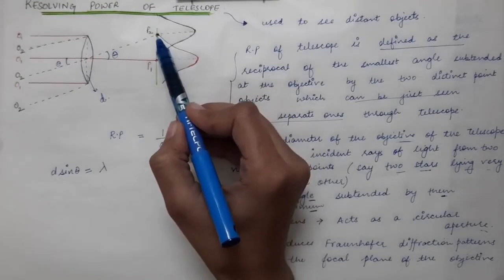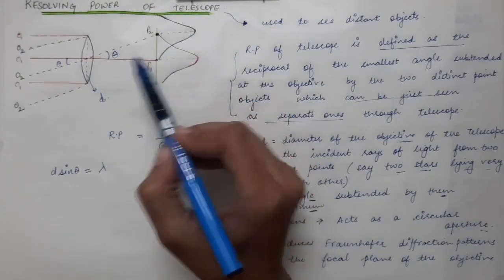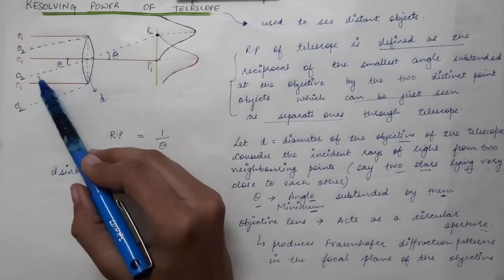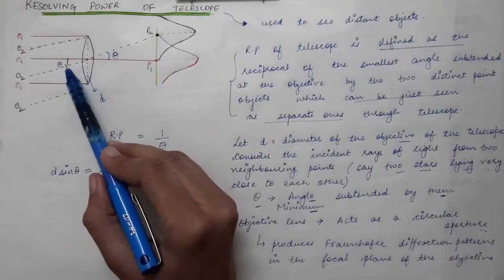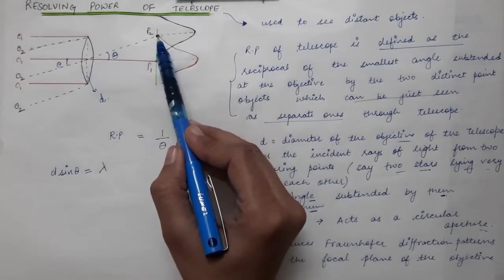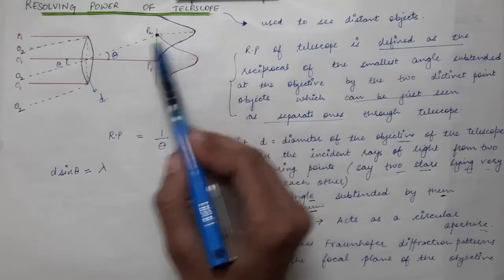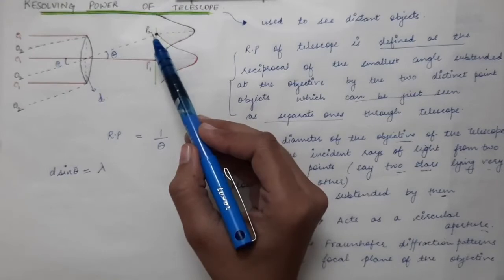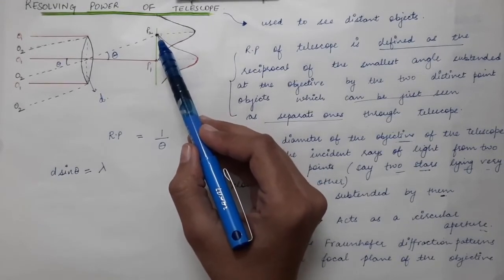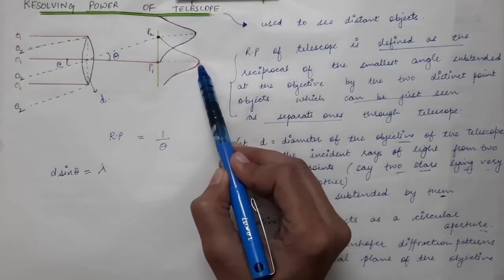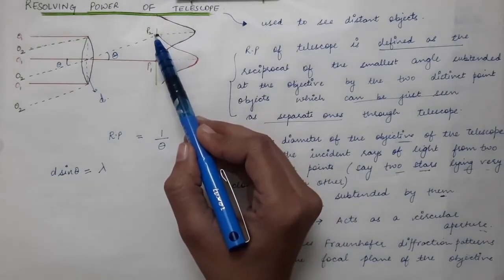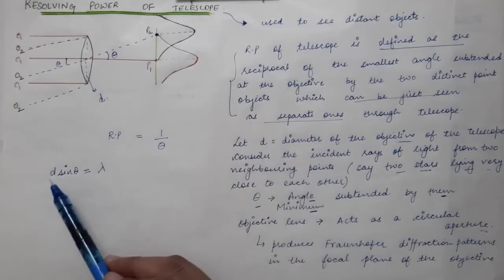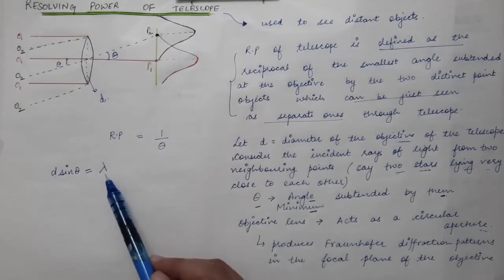At the P2 point we get the central maximum due to the O2 object. That is obvious because the O2 object is subtending an angle of theta. But we want to find the condition in which situation at the P2 point we will get the first minimum caused due to the O1 object. So we are just finding the condition of minimum over here. At the P2 point, the condition of minima is d sine theta is equal to lambda.